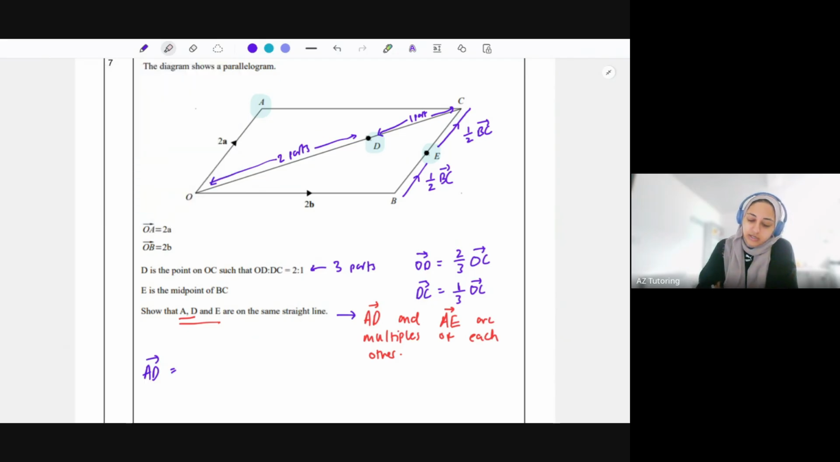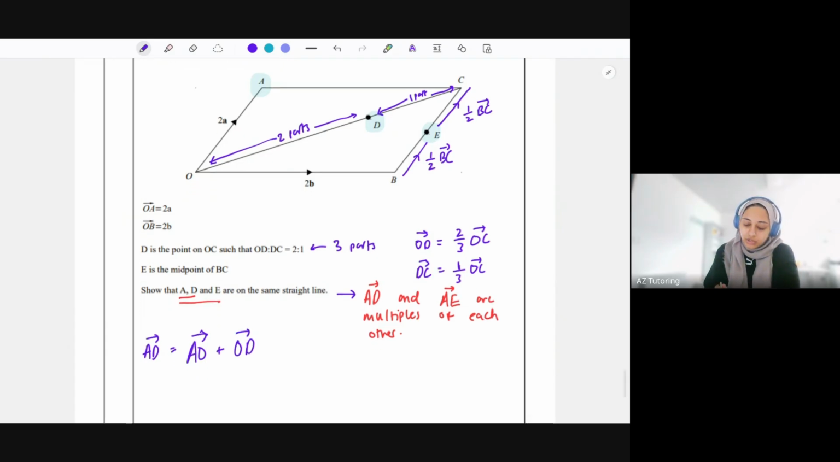So A to D, I could go AC and then CD, or I could go AO and OD. You'll get the same answer. So I'm just going to go AO, OD. Tell the examiner that I'm going to go AO plus OD. So A to O is 2A,